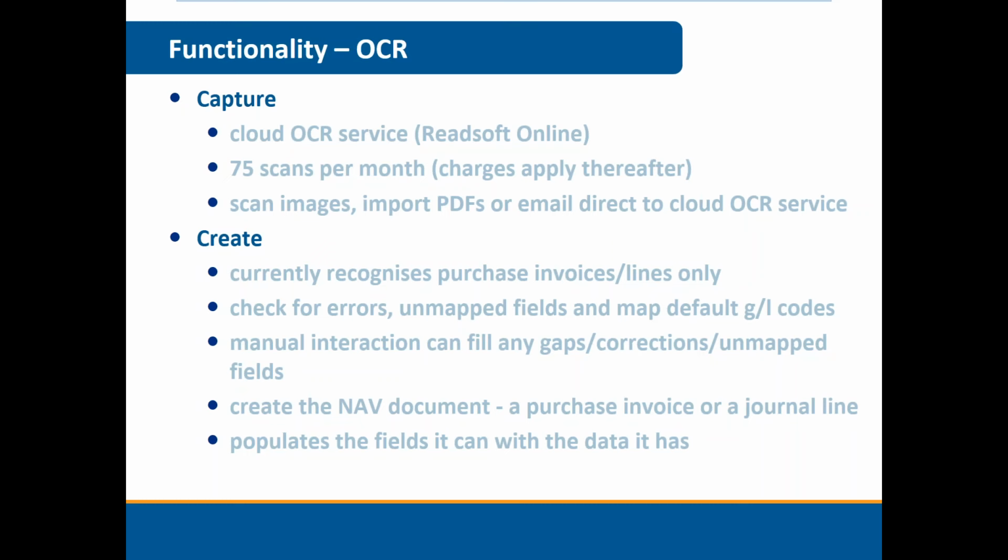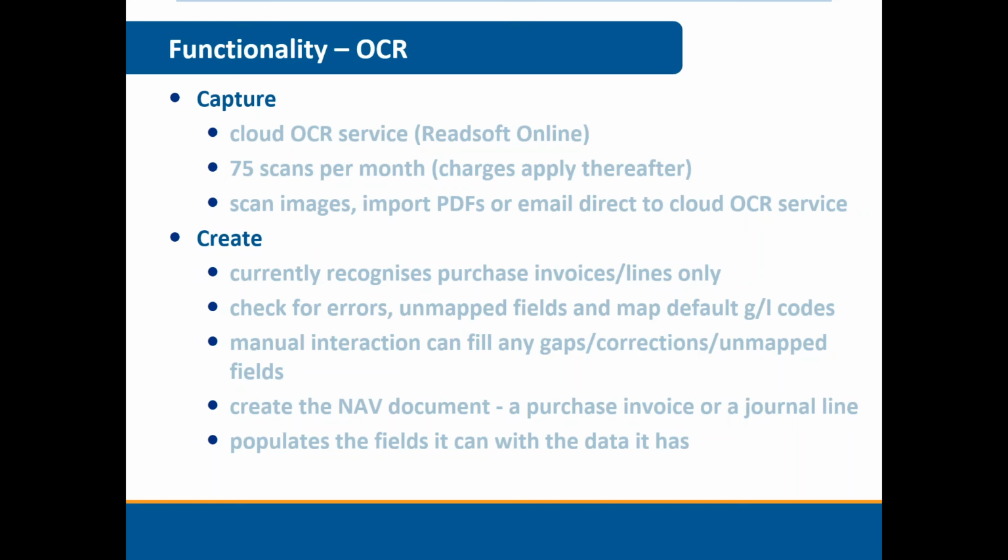Now, at the moment, it's only purchase invoices and purchase invoice lines, and Gary will be showing you that in a moment. But the idea is that NAV can look at that document and say, right, I recognise this as a purchase invoice, and I recognise the fields I'm supposed to be looking for, like date, like supplier number, like item lines, like the GL codes that those item lines refer to, because you can do all of this mapping. And it will automatically populate the fields that it can recognise into your NAV transaction